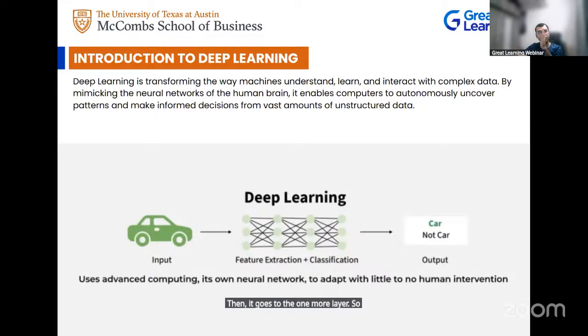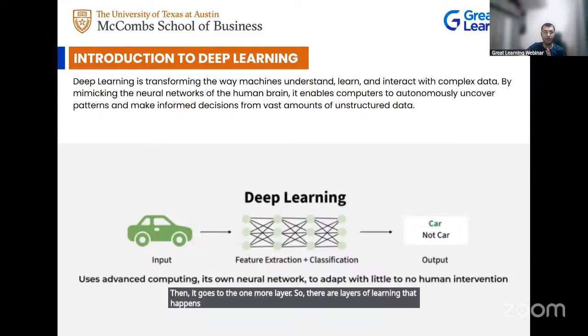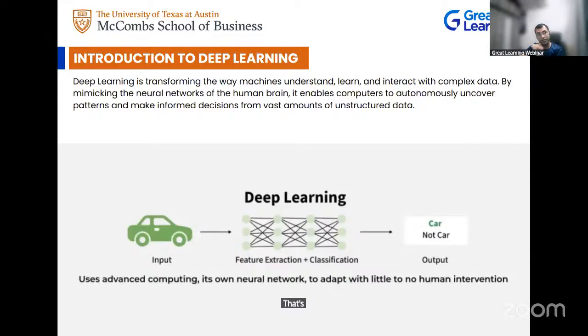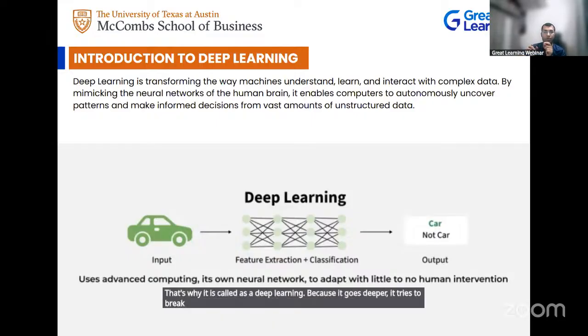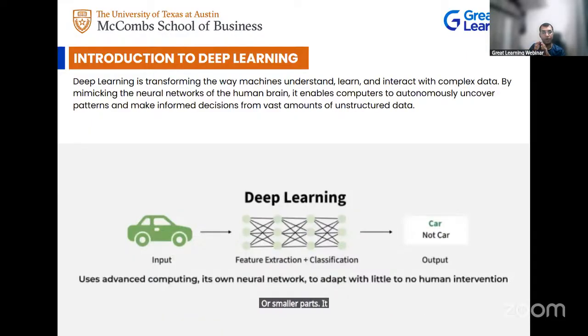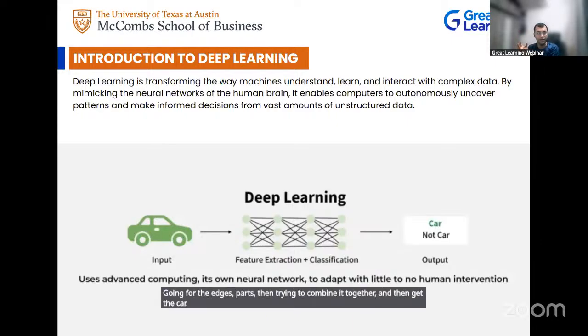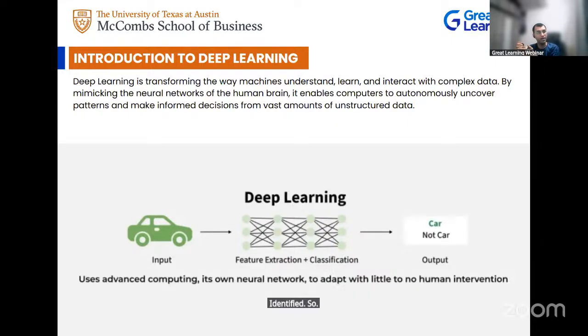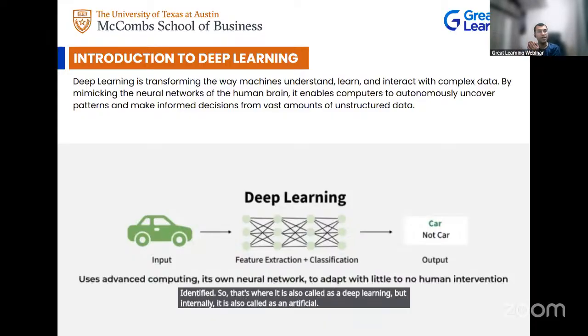So there are layers of learning that happen in deep learning. That's why it is called deep learning, because it goes deeper. It tries to break down the given problem statement into smaller problems or smaller parts. It tries to go deeper by breaking it down. In this example of an image, it extracts the features by going for the edges, then parts, then combining them together and getting the car identified. Internally it is also called artificial neural networks.